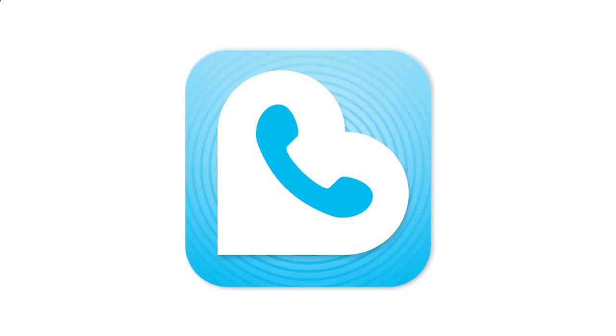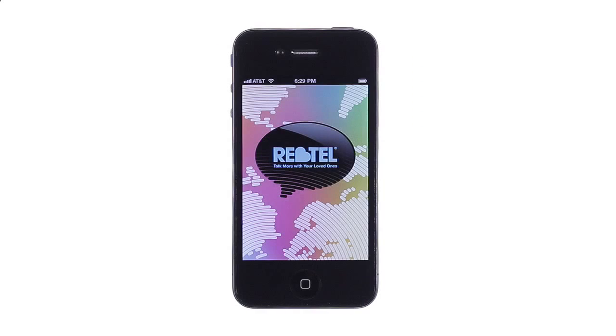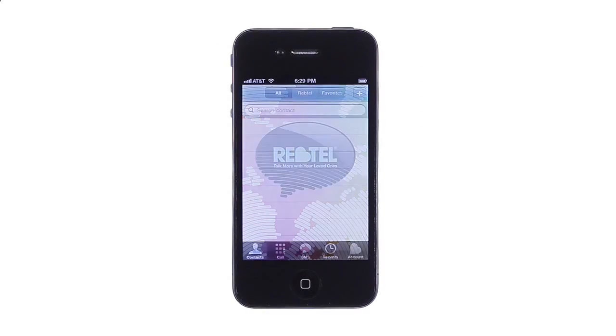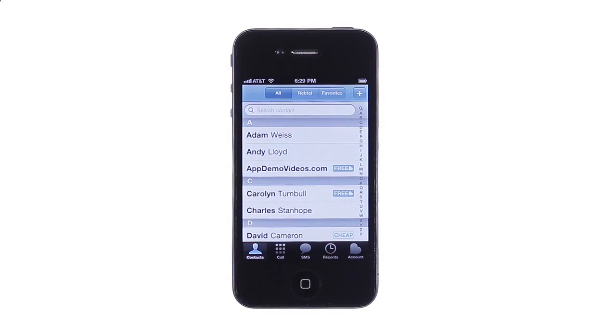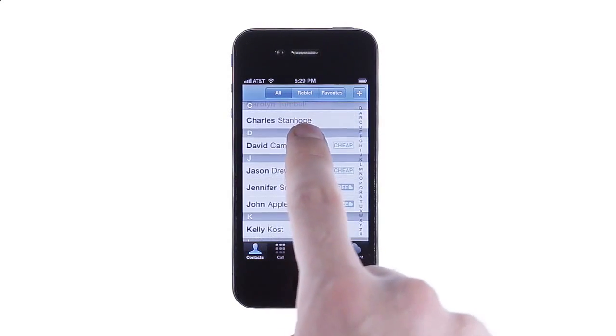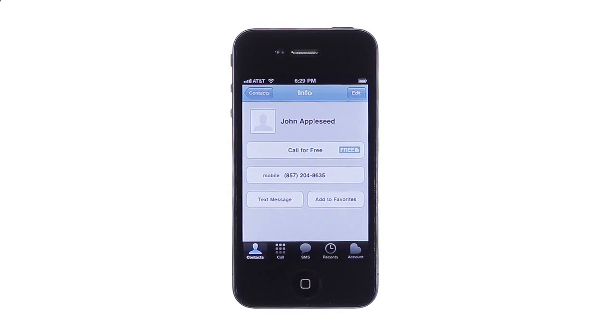Rebtel for iPhone lets you make free or cheap calls to friends around the world, from wherever and to whoever. Rebtel lets you use your Wi-Fi or 3G connection to call your Rebtel friends all over the world for free. Just find a friend with the free icon next to their name in your contact list to connect to them